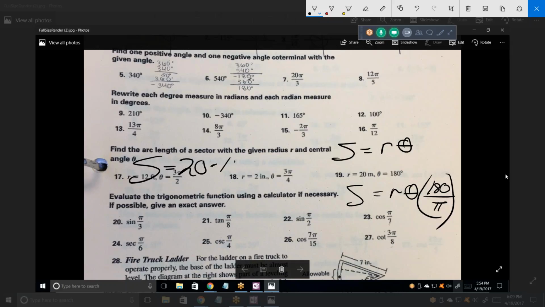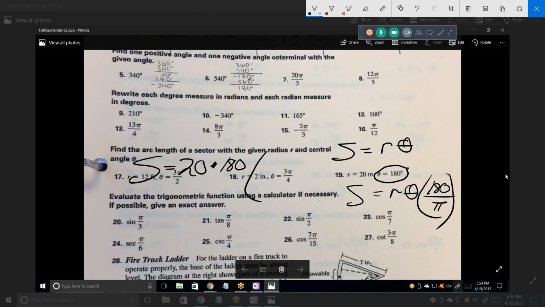No, theta's 180. There's theta right there. It's just in degrees. In the other two questions, it was in radians. Here it's in degrees. So since it's in degrees, we need to apply the conversion factor, which is,